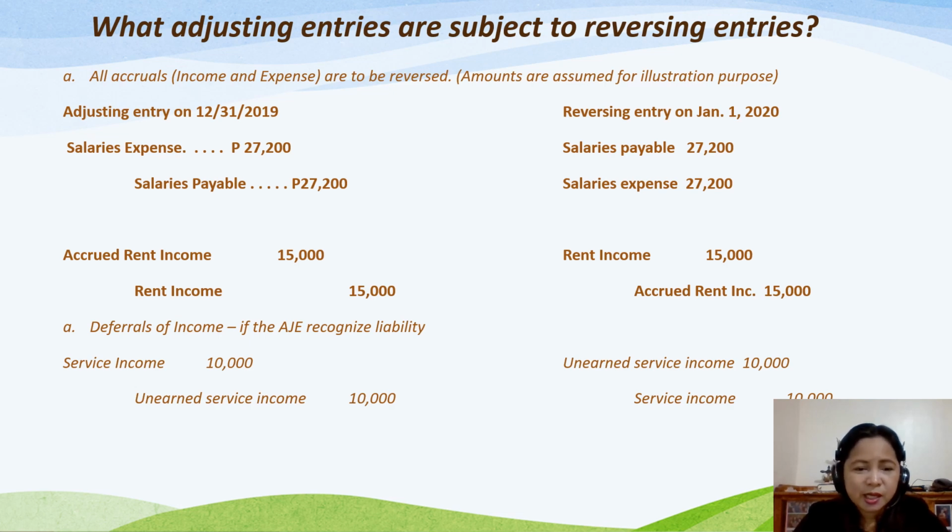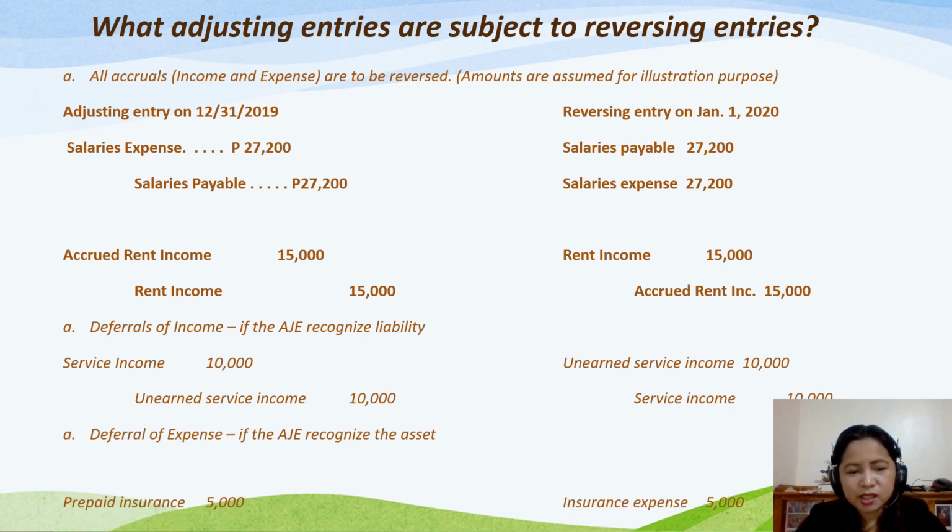For this adjusting entry, the original entry was the income method. So in case of deferrals of income, when the original entry is by the income method, the adjusting entry is reversed. When it is the liability method in the original entry, there is no reversing entry for the adjusting entry. Then, in the deferral of expense, if the original entry uses the expense method, the adjusting entry will be